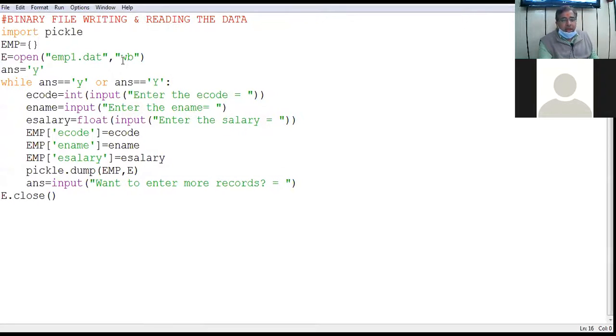Now here I'll be changing the mode to rb. Why have I changed the mode to rb? Because I want to read the data from the binary file. So in order to read data, I'll be taking the mode rb, read binary.